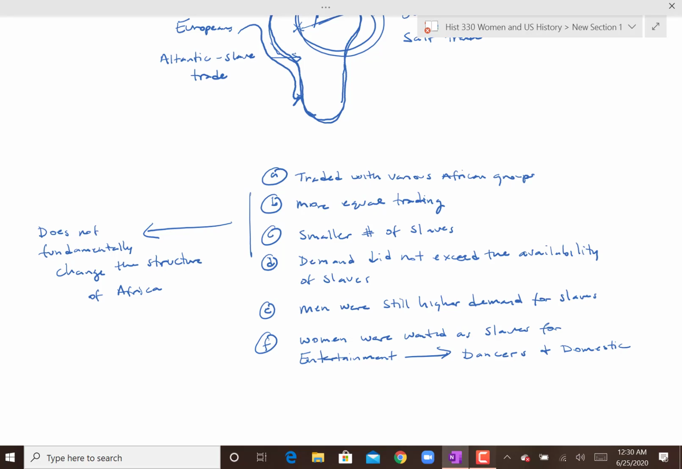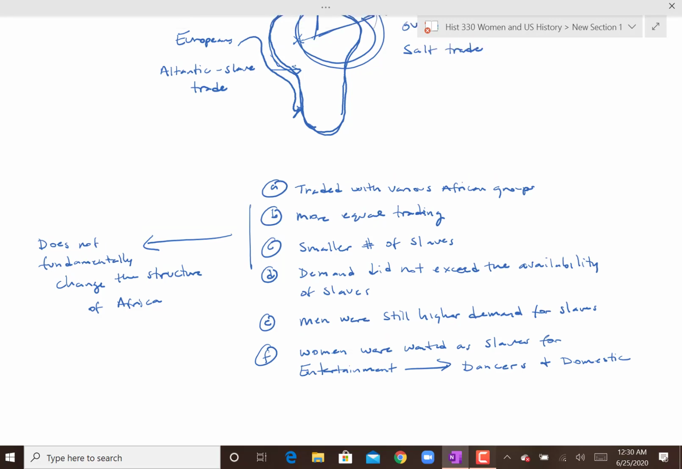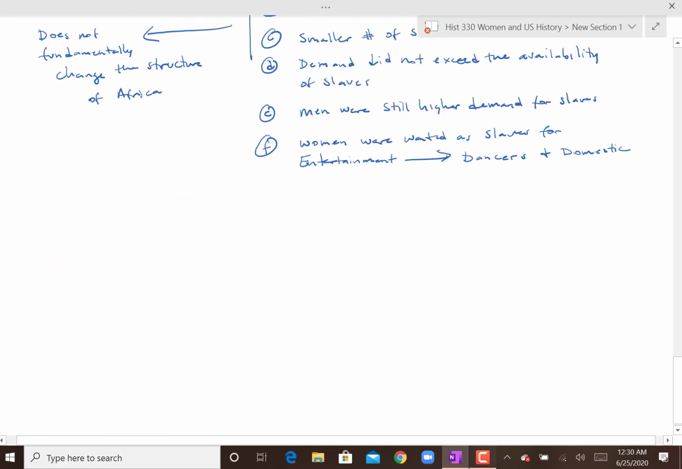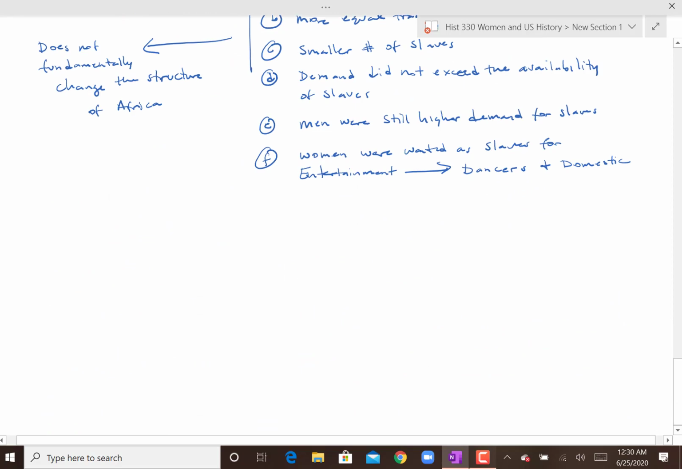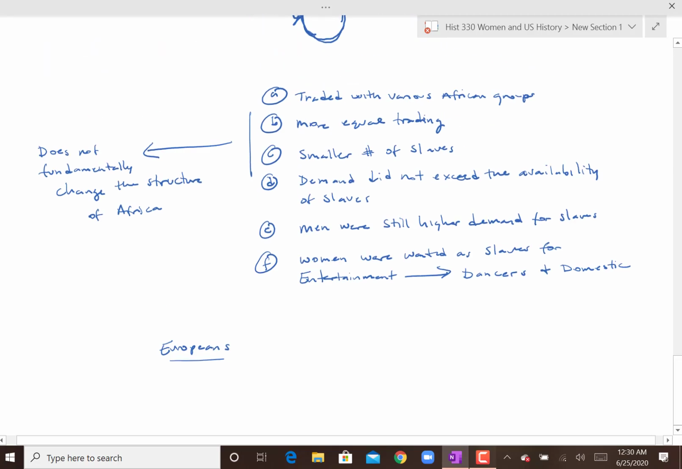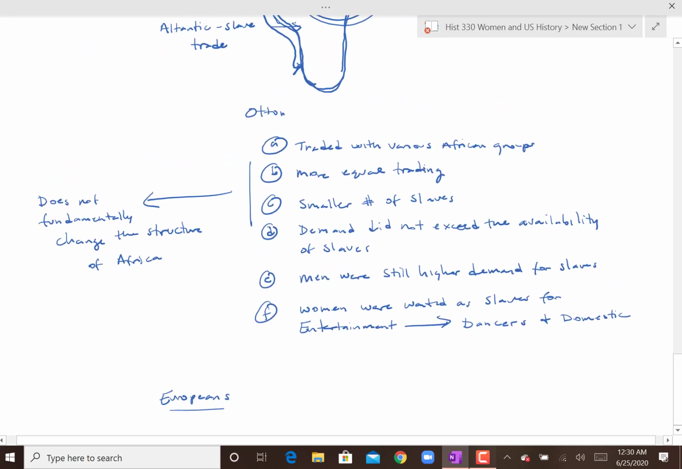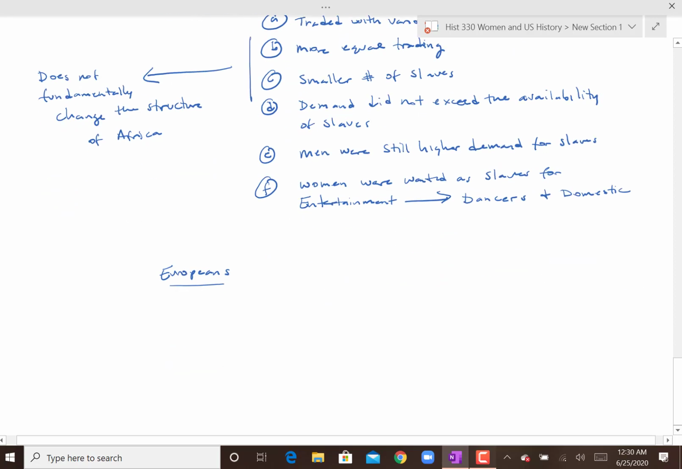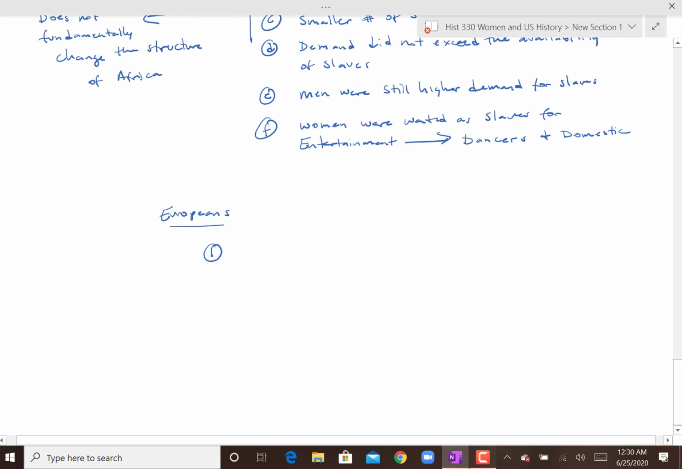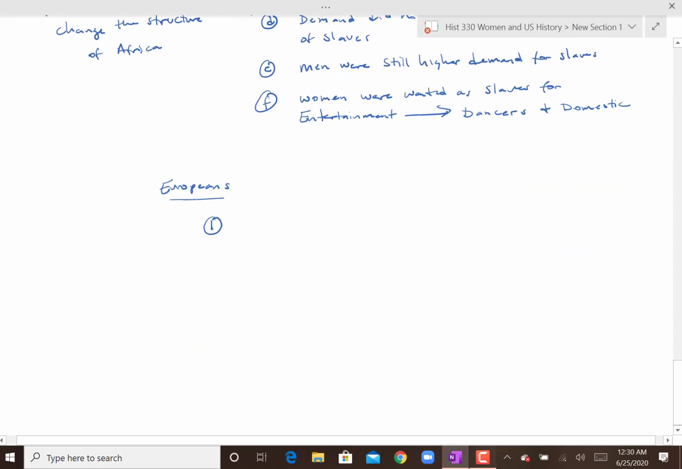And so while men were still largely the larger percentage being brought over, when they were interested in women, it was for these purposes. And for the Europeans then, I'll just put the title so it's clear which is which, right? So let me put the Ottomans here so it's clear what we're talking about. For the Europeans, you have kind of an initial structure of what they did and then